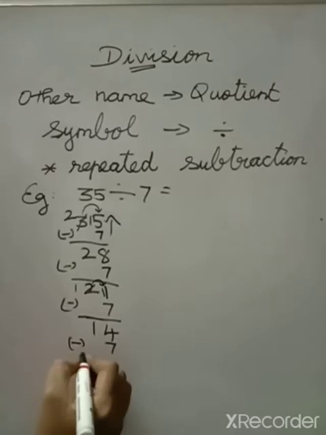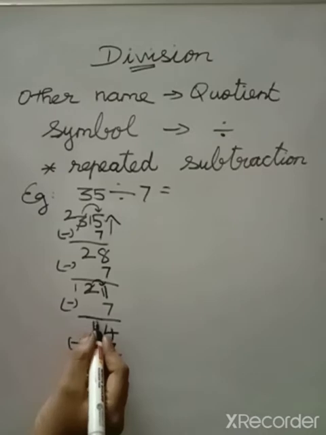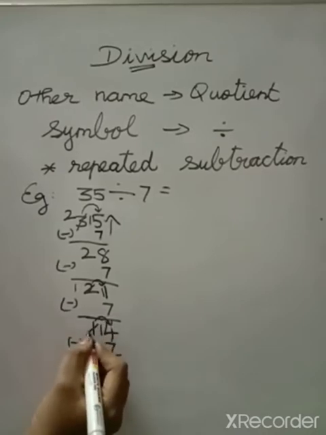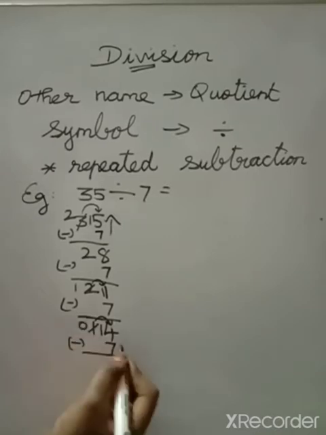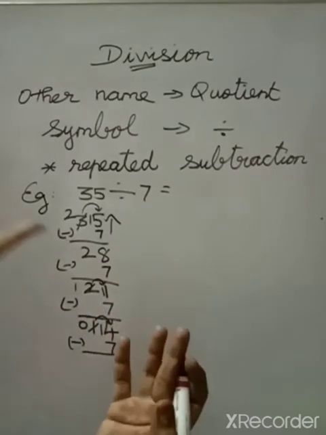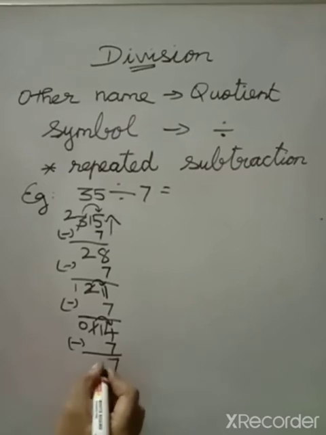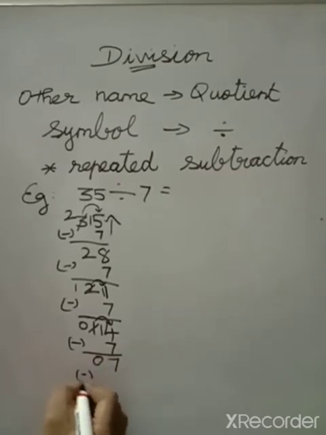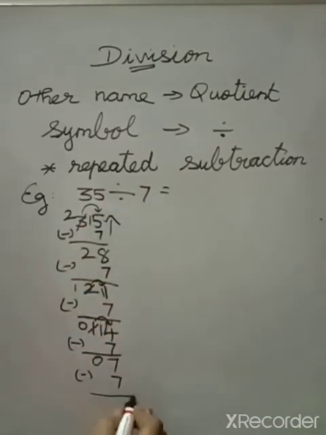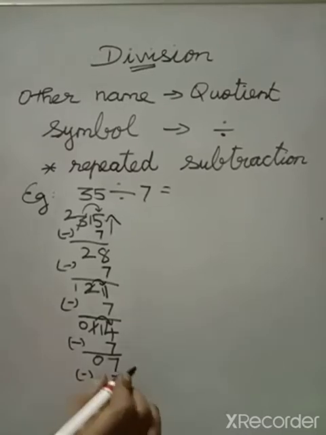Again minus 7. Up to 0 you have to subtract. Here also it is a smaller number, so I am borrowing. 4 becomes 14 and the previous number becomes 0. Now 7 to 14: 8, 9, 10, 11, 12, 13, 14. How many fingers? 7 fingers. Here 0. Again minus 7. Only the second number should be repeatedly subtracted. Both the numbers are the same, so the answer is 0. Up to 0 you have to subtract.